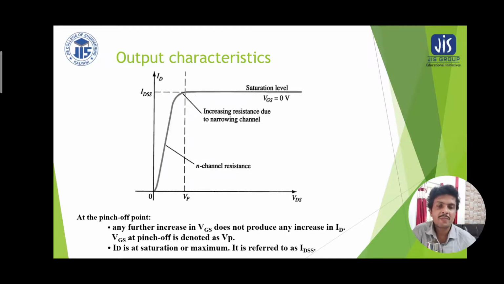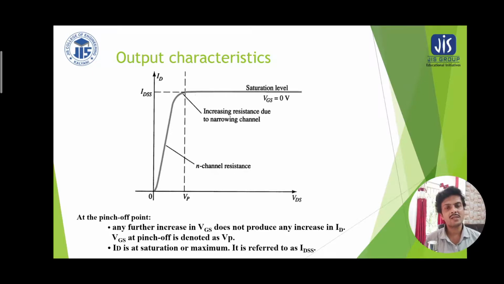So in this case, what happens? It is less than the pinch off voltage. The pinch off voltage is nothing but the difference between the gate to source voltage and the threshold voltage. Normally, gate to source voltage is reverse biased, and the threshold voltage is a maximum negative voltage in case of N channel JFET. So if we subtract the threshold voltage from VGS, we will get some positive quantity, and that determines the channel pinch off voltage.